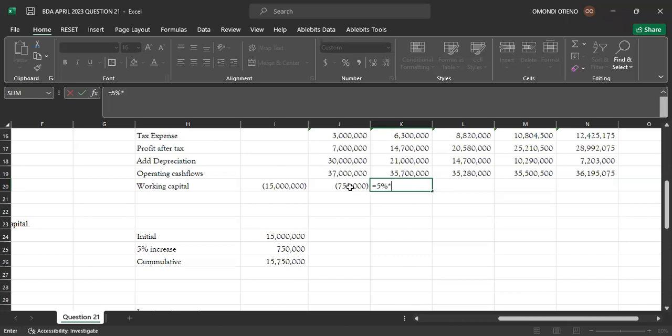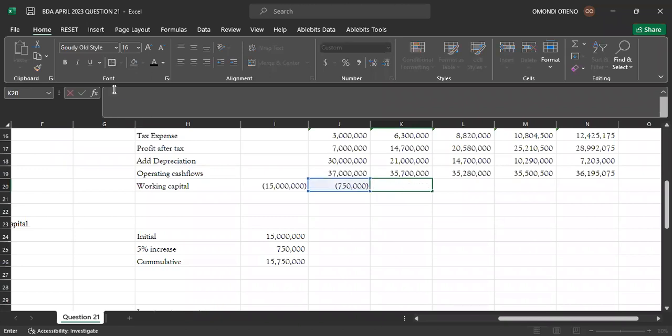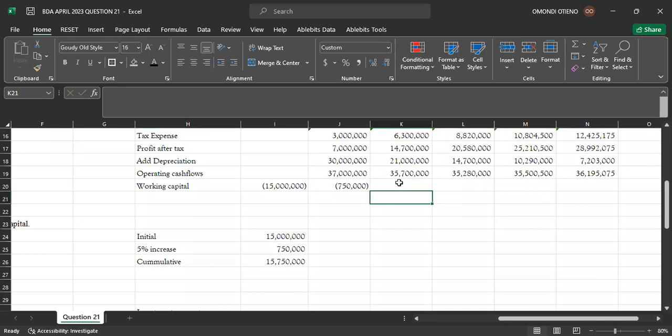We're now going to take 5% of this. 5% of that, we are going to take the increase. We are going to take the increase, which we are able to see as 750,000. So can someone give us, before I get you the value there, I want you to give me the value for